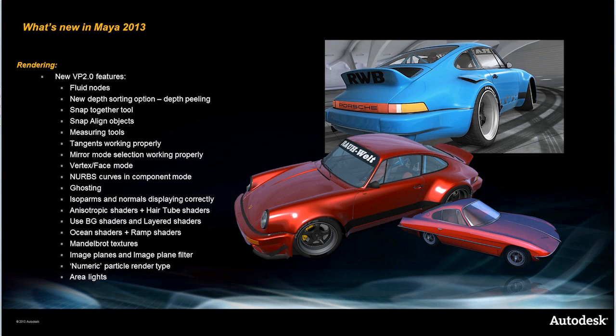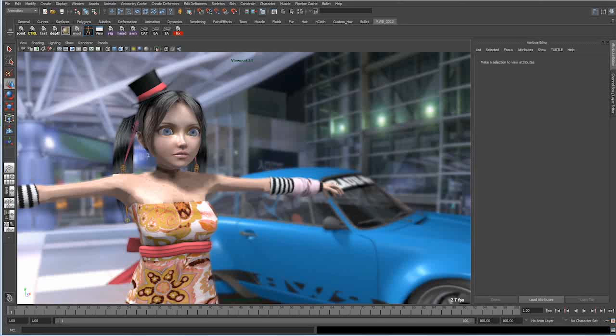As you can see from the list, we've done quite a bit of work on Viewport 2.0. We now support things like ghosting, ramp shaders and layered shaders, as well as area lights. We also support image planes and fluids. Lots of other things that you can see there that are really useful to be able to see in Viewport 2.0. So let's take a look in the interface here, and you can see that we've got our scene up,